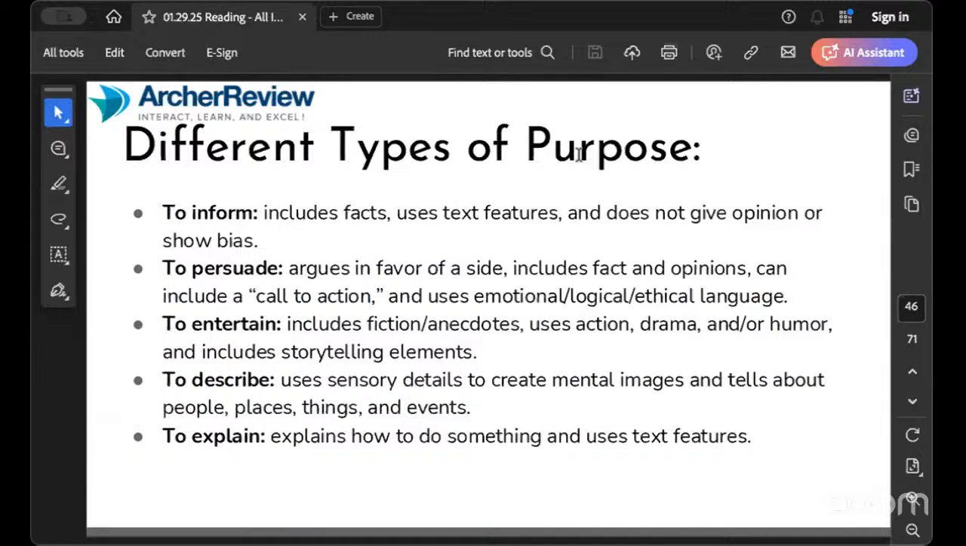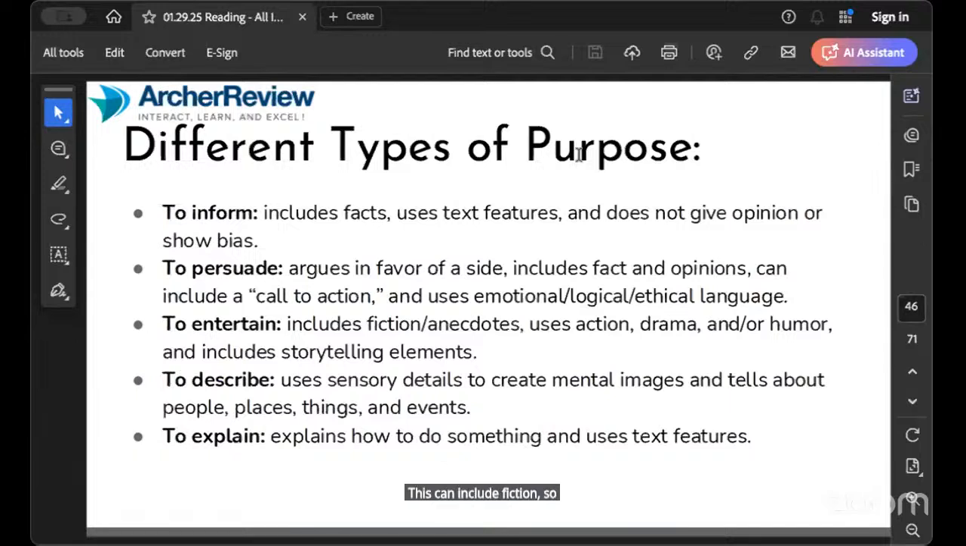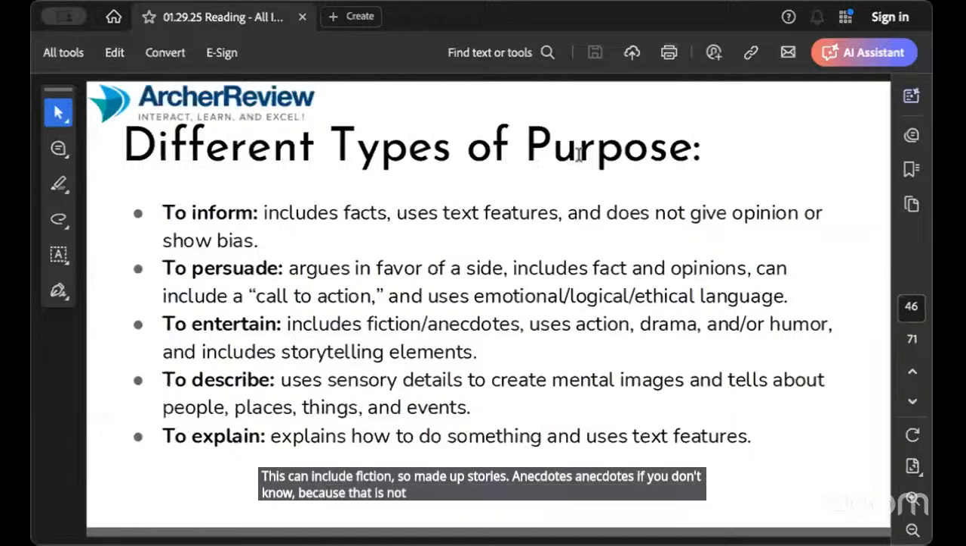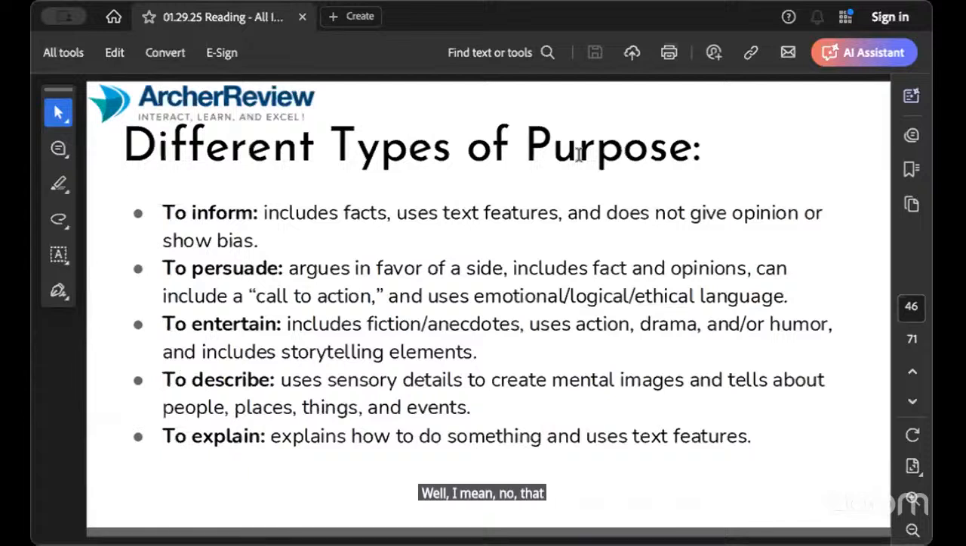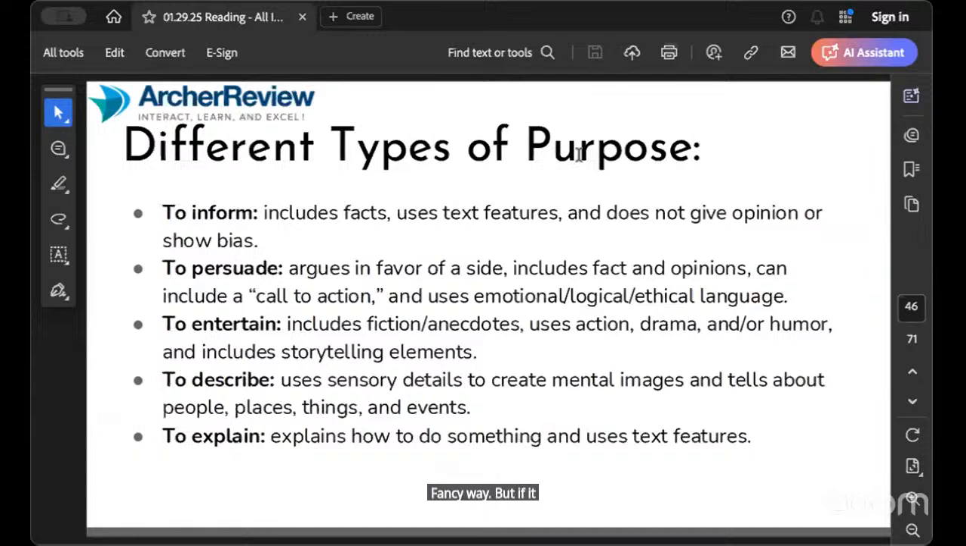Now, to entertain. This one is way more complex than what people give it credit for. This can include fiction, so made up stories, anecdotes if you don't know, because that's not a dumb question. If you are sitting there wondering, like, what's an anecdote? Well, thank you for not asking. Well, I mean, no, that's not what I meant, but you know what I mean. So anecdotes, that's just stories. When you see the word anecdotes, that just means telling a story. It's just a fancy way. But if it uses action, drama, human,